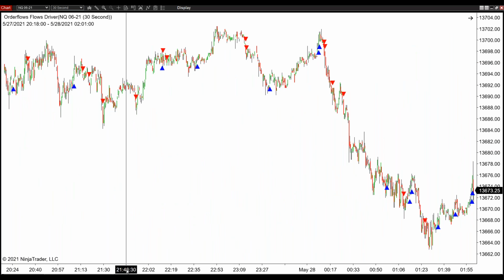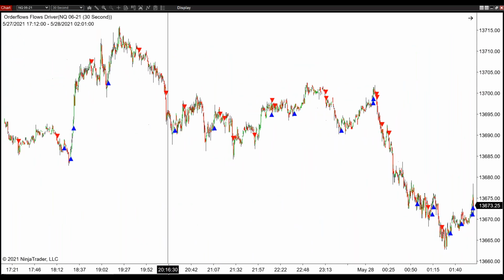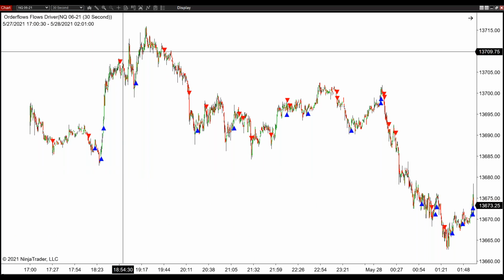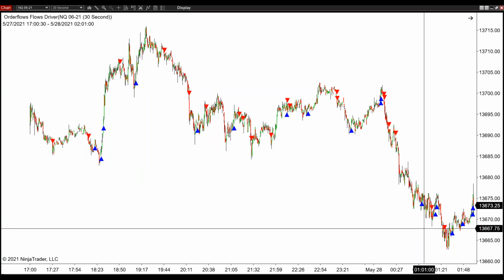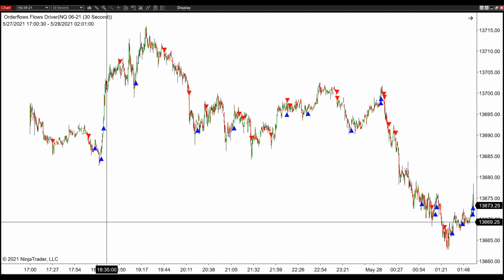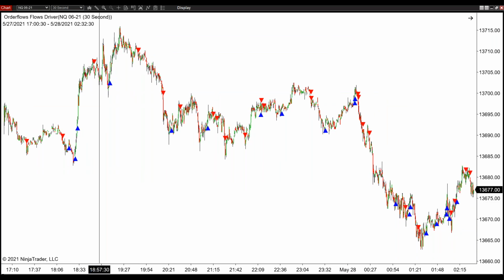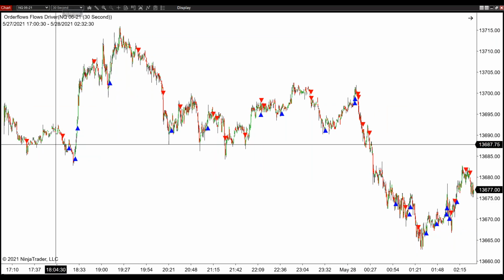Thursday night into Friday, this is how it looked. Some moves up, some moves down. I think that's as far back as this chart goes. So anyway,